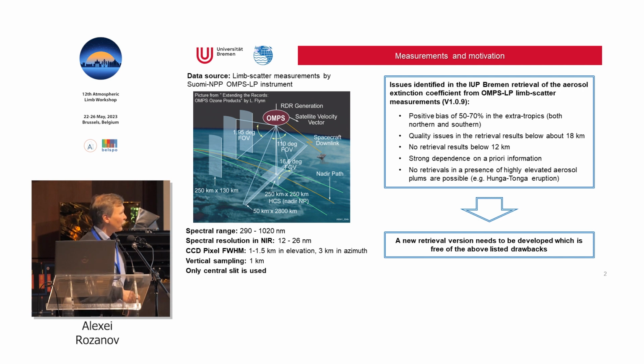Why do I want to do a new retrieval? We already have a retrieval at the University of Bremen of the aerosol extinction, but it was found that there are some nasty features of the product. First, a quite large positive bias in the extratropics. Then there are some quality issues below about 18 kilometers. No retrieval was possible below 20 kilometers. And a strong dependence on a priori information. So retrieval failed in the presence of highly elevated aerosol plumes, as we had in the case of the Hunga Tonga